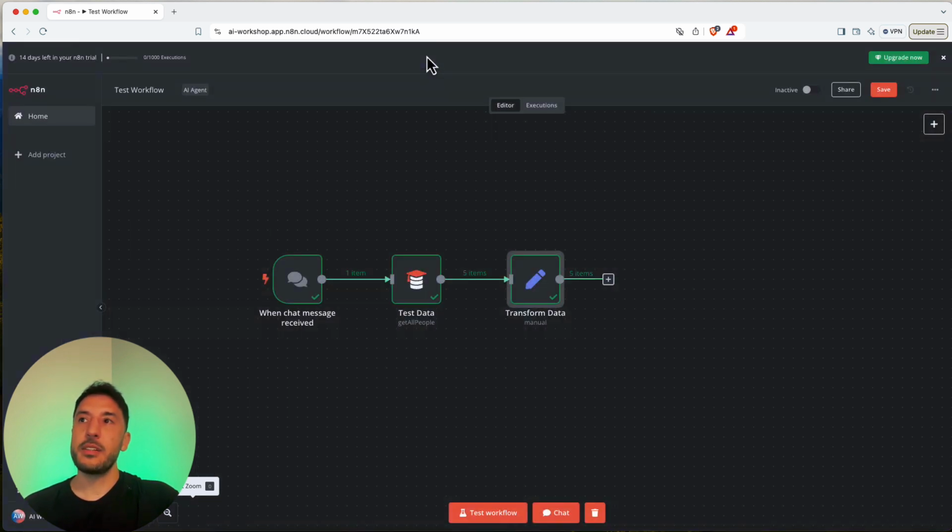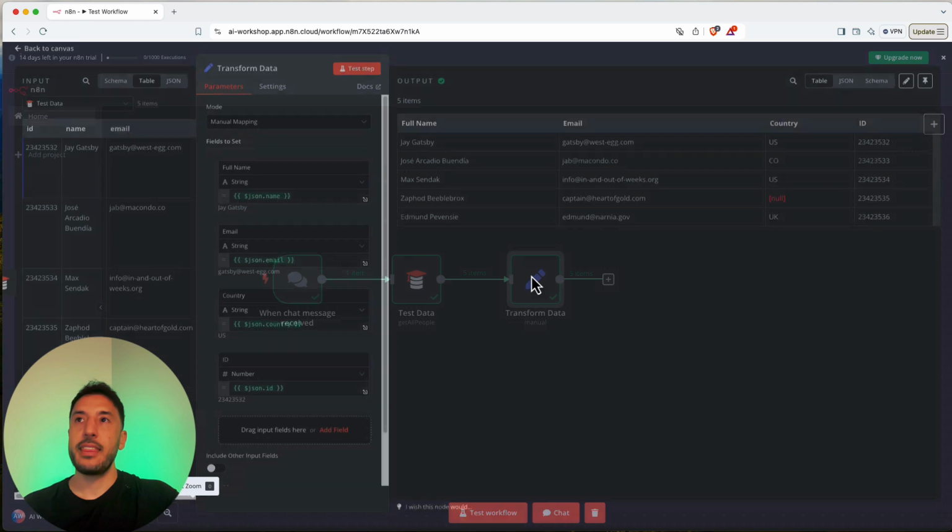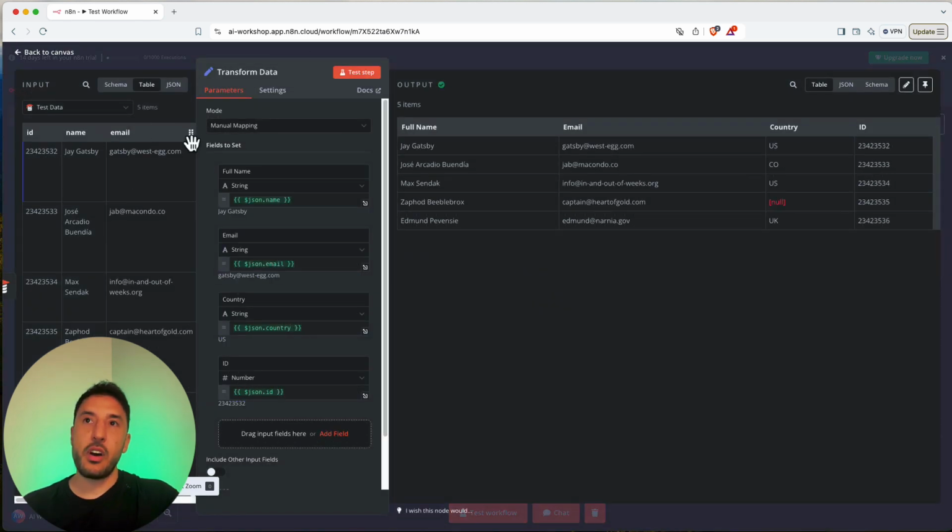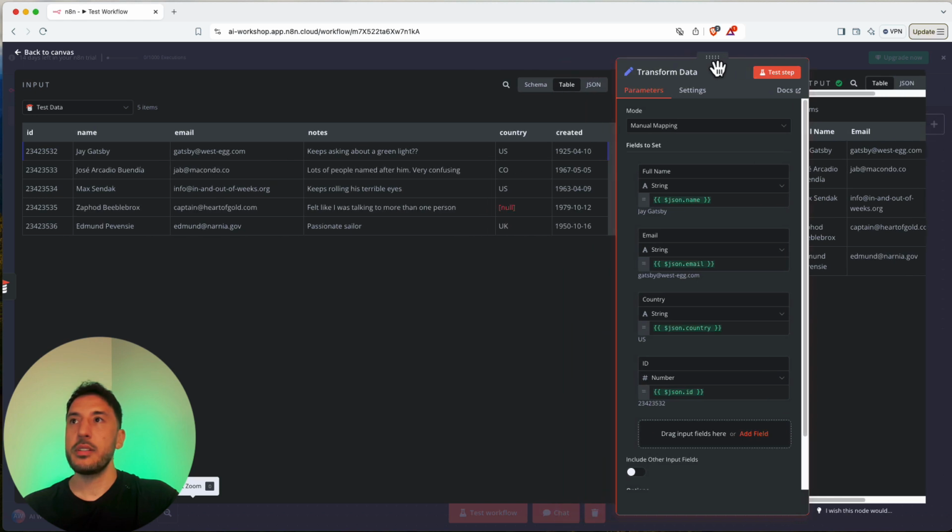And if I get out of this, as you can see right now, these green tick marks just mean that the execution was successful. So if there was any kind of error, you will see it in red here. Okay, so now there's 5 items that just came from here, and 5 items coming out from here. However, this time the output is that instead of the 5, 6 columns that were in the input, we'll make the mistake here, let me get rid of this.